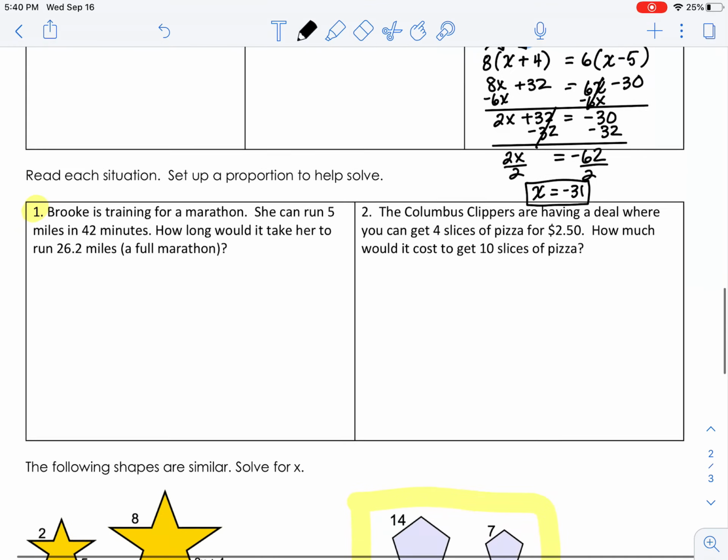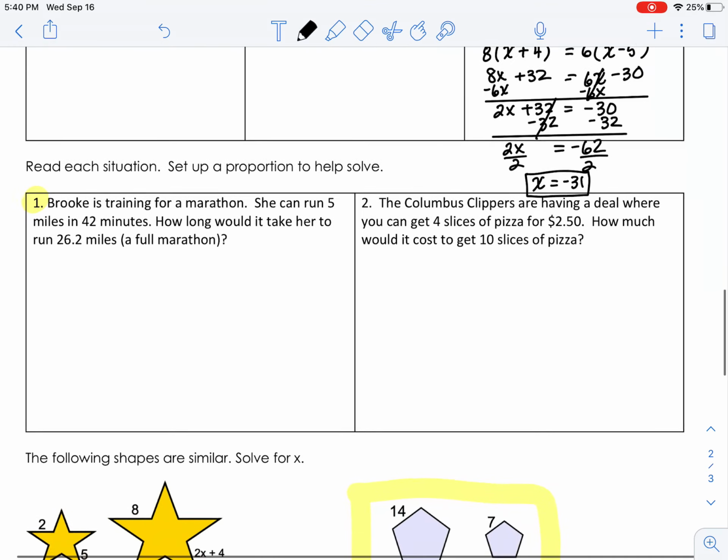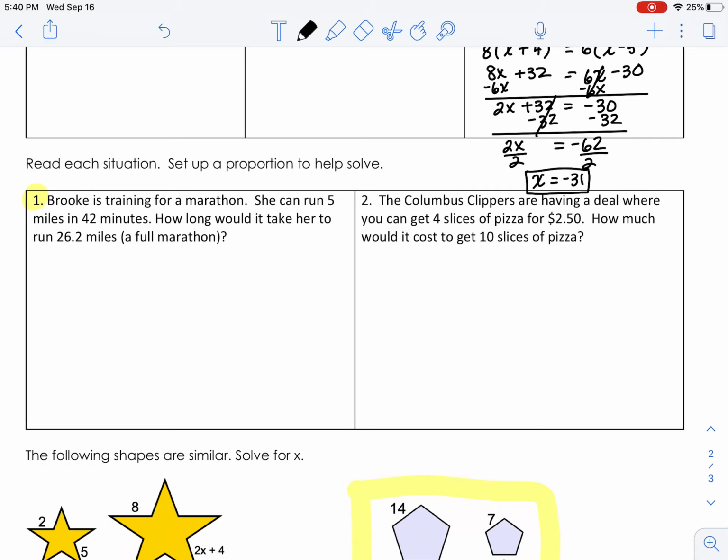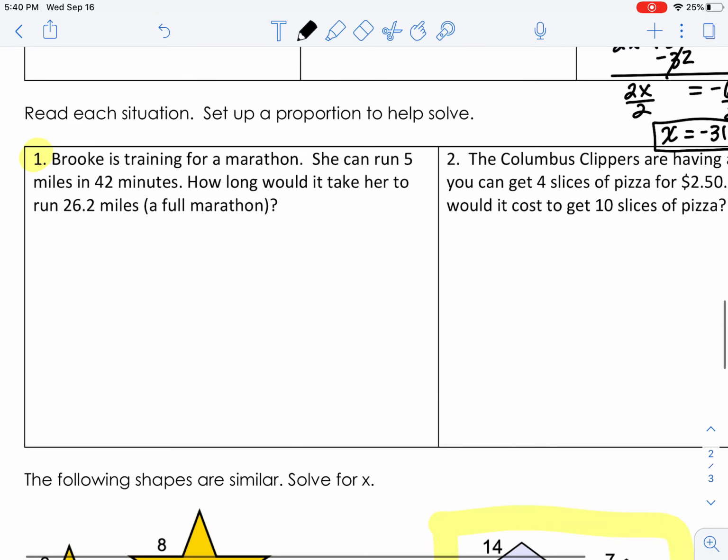Okay, so now we have 2 questions here. One is about, if you watched the video yesterday, Brooke is training for a marathon. You might have already seen this, okay? But I think this one's trickier than the other one, so we're going to do this one. So first you have to decide, what are you going to compare? So in this one, it's miles and minutes. So you have to make a unit ratio. Like, what do you want to do? I'm going to do miles to minutes. You could also do minutes to miles, but whatever you decide, it has to be the same on both sides